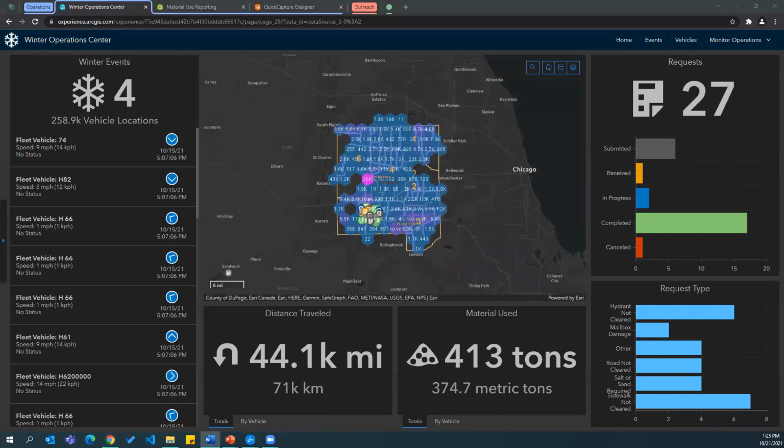And this can be used by operations management and directors to review key operations metrics over the course of the entire season. And it enables users to compare events and interrogate each event individually. This dashboard can also be helpful for validating phone calls and complaints. Some issues that might be reported are reported mailbox hits,